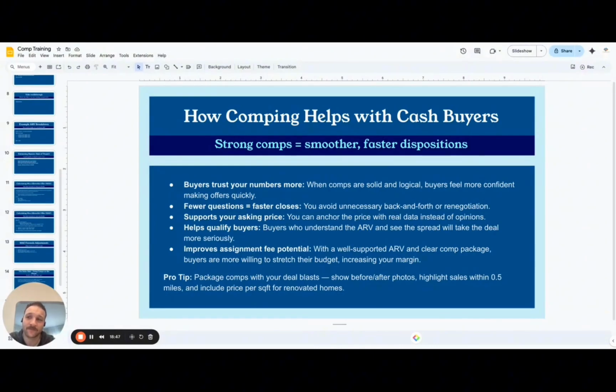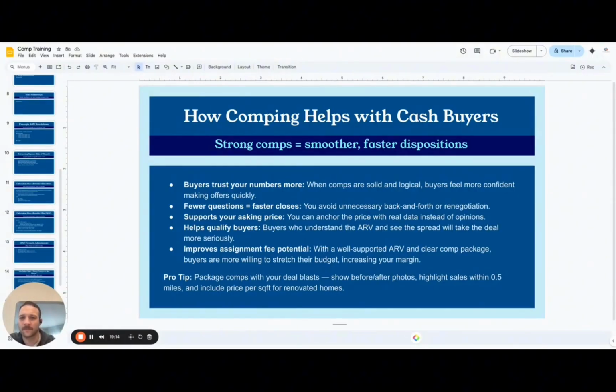We might say, hey, we think the repair on this is 45. We say this internally; we typically don't share our estimated repair budget with buyers. Just so you know, we have an inspector who does our inspections and is also a contractor. He'll tell us, I think it's going to cost about 60 grand to fix this house. So then we have a good idea of what we could price it at and what our MAO is.